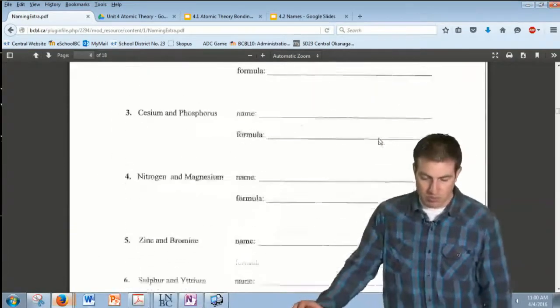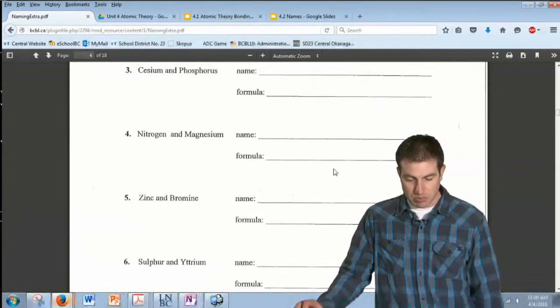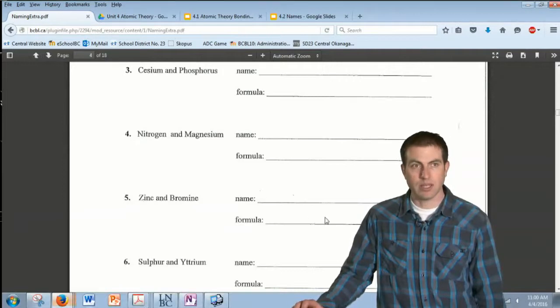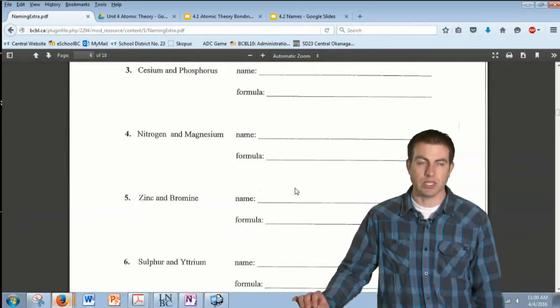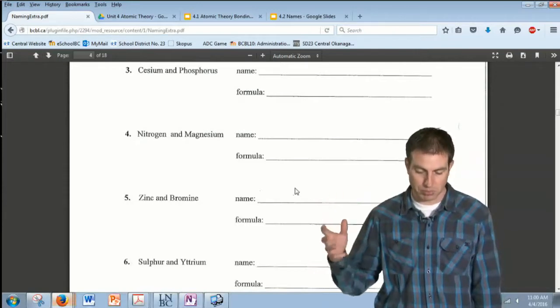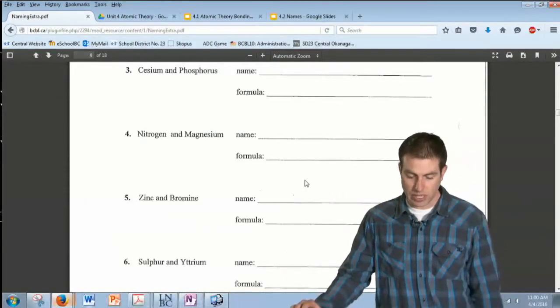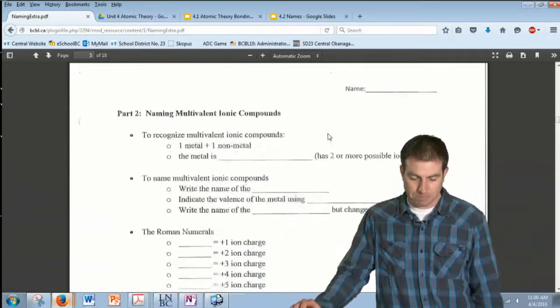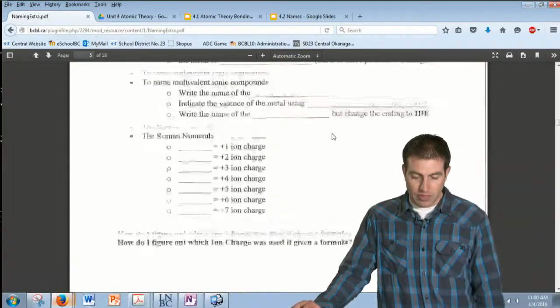Now, you can see some of them ask you for the name and the formula: zinc, bromine. I mean, these things don't take a lot of time. Zinc, Zn, bromine, Br -1, zinc +2, crisscross, boom, zinc bromide is the formula or the name for it. They're pretty straightforward. Then the next section here is